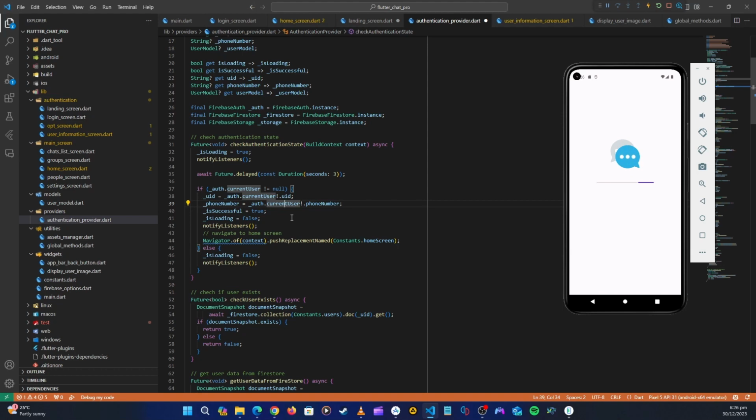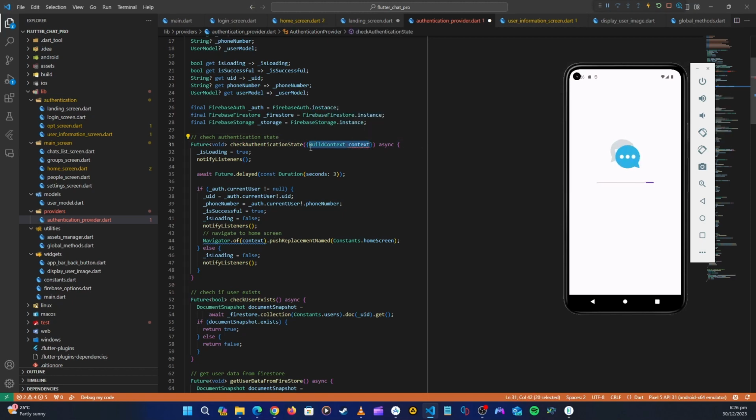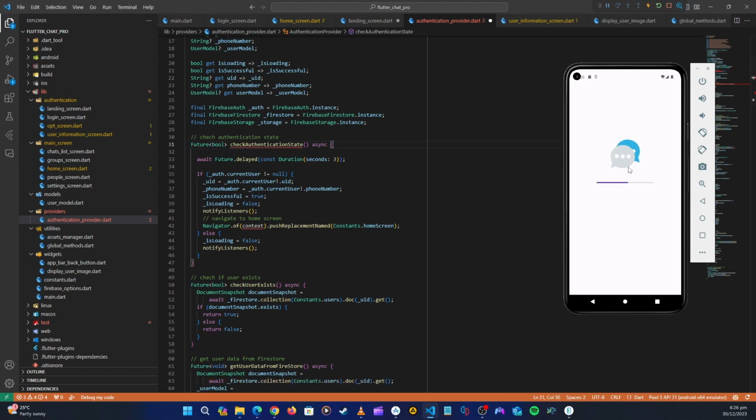So I think what we can do here is to pass some required argument. Okay, so let's pass this required. We don't need the build context here. Actually no, let's not pass anything here. Let's return a boolean here. Okay, let's return a boolean. So we don't need to check all of these things if it is loading or what, because we are showing that already. So here let's just make a bool